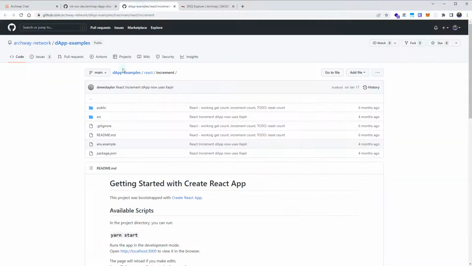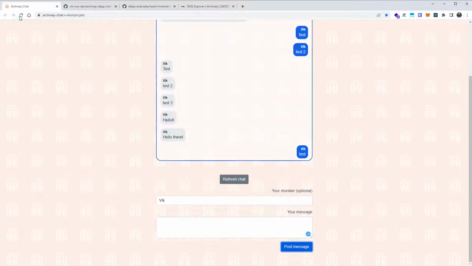And I will be referencing this repository, Archway Network dApp examples, and it has a React increment example here, and we are going to use some boilerplate code from it. And it's not going to be restricted to our smart contract. You will learn how to code any front end for any smart contract. So let's get started,